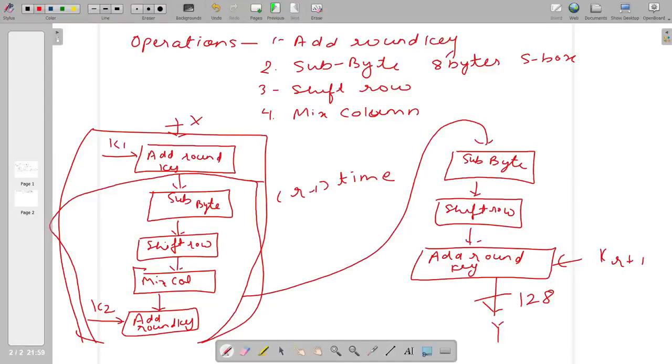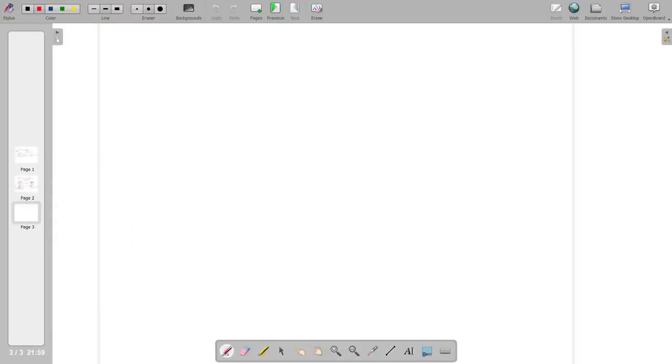AES is a 128 bit, 10 round block cipher. Here key size is 128 bit, plain text is of 128 bit, which is going to generate a 128 bit ciphertext, and it will be like